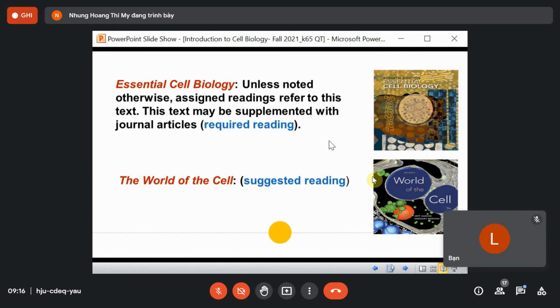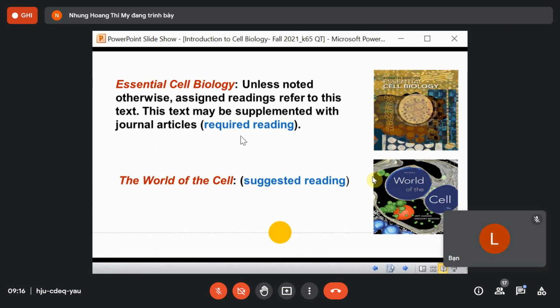Of course, it is not free, and there are some ways to find this ebook on the internet. Because of some issues, I cannot give you the address to find this ebook, but